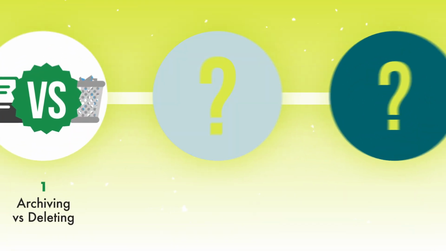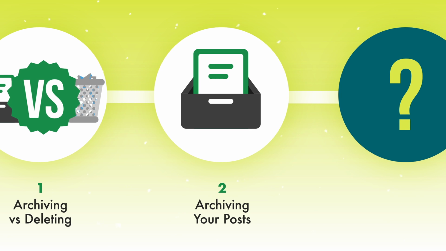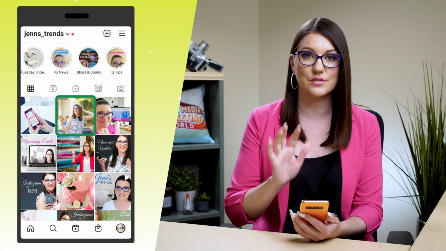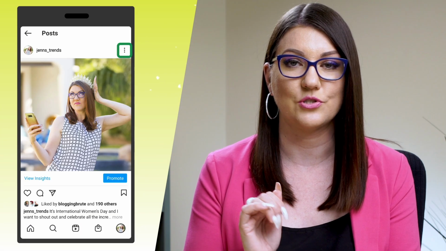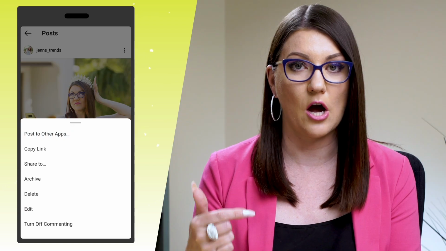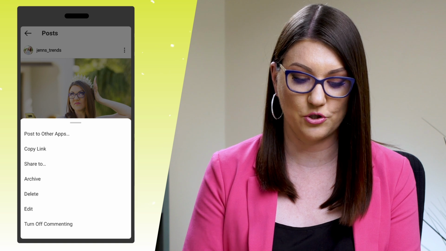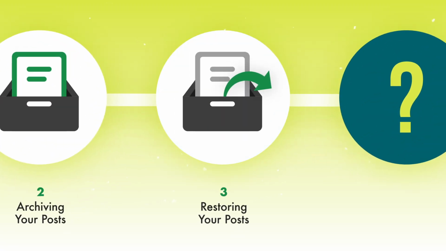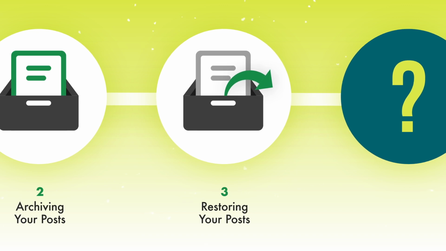So to archive a post from your profile, select that post. Then in the upper right corner of that post, you will see the three-dot button. You're gonna tap on that button, and from the options on the tray that opened up, you can choose archive. Once you click archive, boom, it is archived. That's all you have to do. There's no verifying yes or no. Archiving allows you to restore that post in the future if you choose to do so.